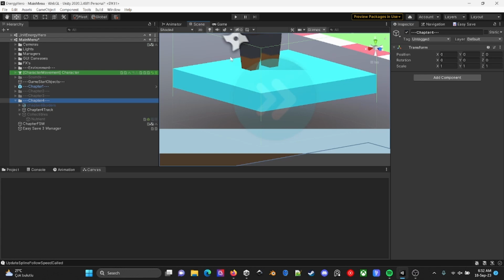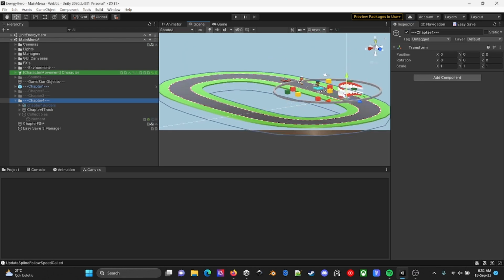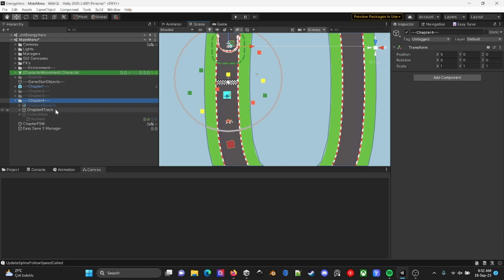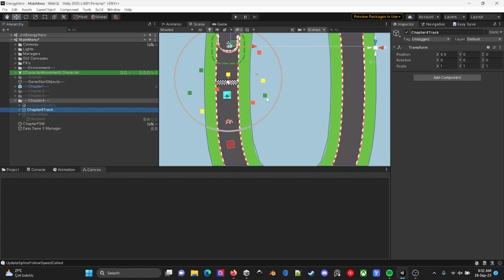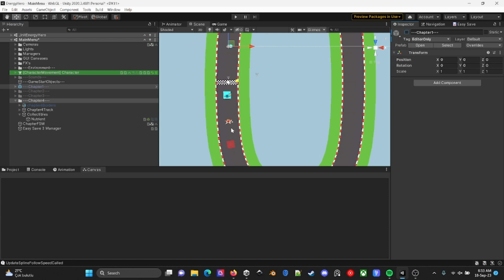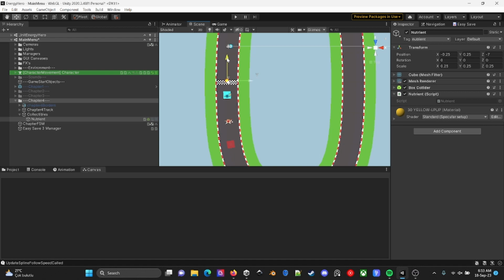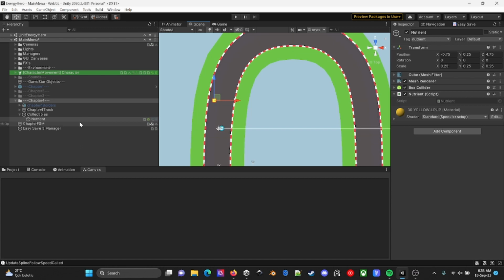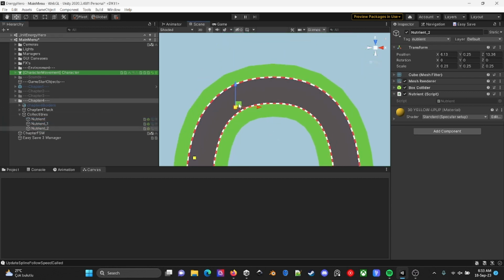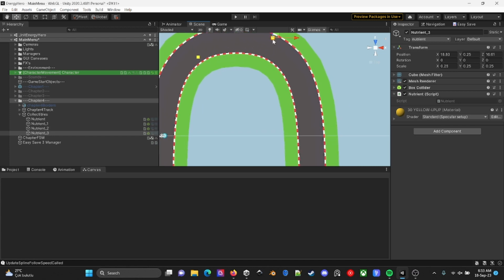Let's go over the racetrack and see where my nutrients are. This is one, and make another nutrient in here and another one here, another one here, another one here.